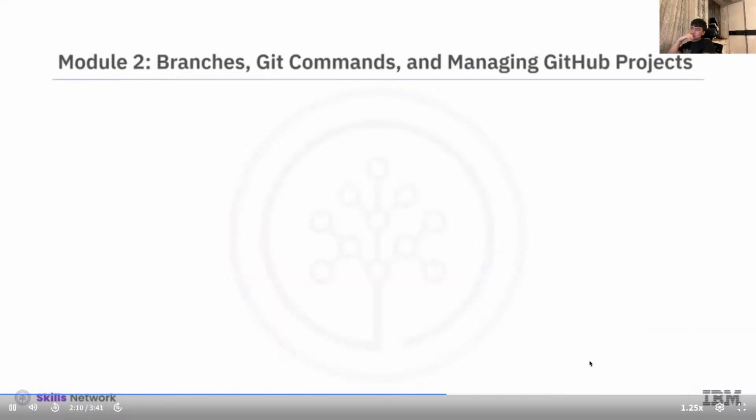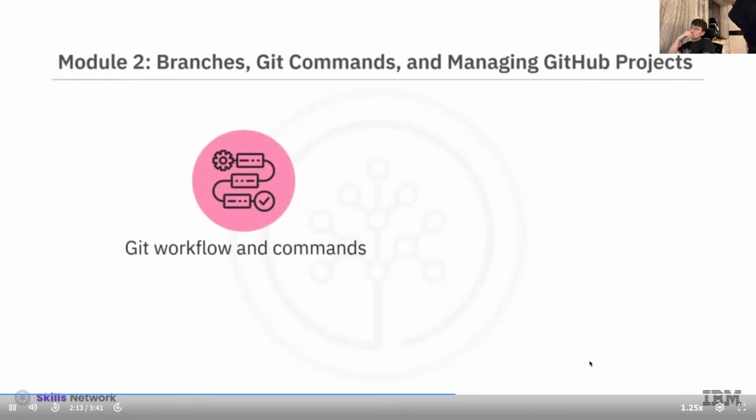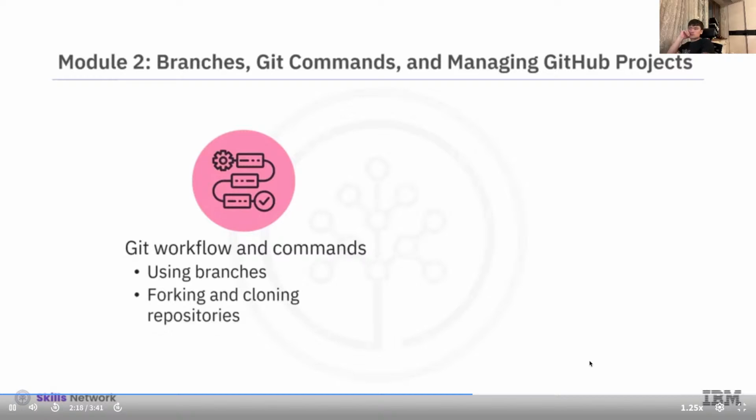In Module 2, you will learn about Git workflow and Git commands. You'll also learn to use branches, fork, and clone public repositories, and collaborate using Git commands. As part of